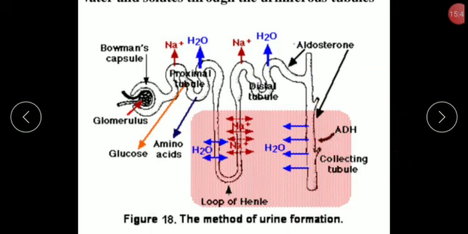In this way, the method of urine formation is carried out in three ways: ultrafiltration in the Malpighian tubules, reabsorption of the useful ones in the remaining part, and elimination of waste, hence called tubular secretion. So: ultrafiltration, tubular reabsorption, tubular secretion. In this way, the method of urine formation is carried out in the body.